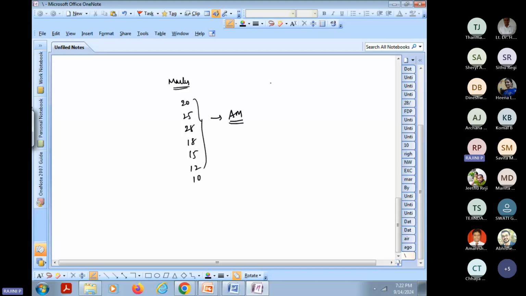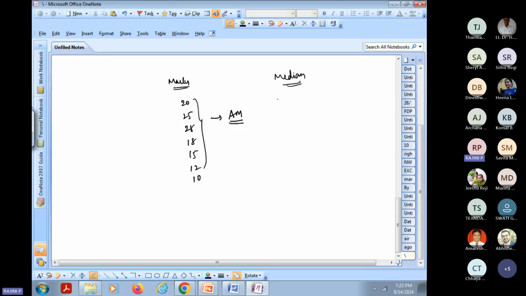And next, when we are applying the median, I told you that it is used if the data consists of outliers. For example, if you are going to take admission for your daughter in any college, for engineering, what do you check first? How the placements are in a particular college, right? In that case, what will the management tell you? They say that the median package in our campus is 8 lakhs per annum. So why did they not give an average value, the arithmetic mean value? Because it is not necessary that everybody will get the same package, right?